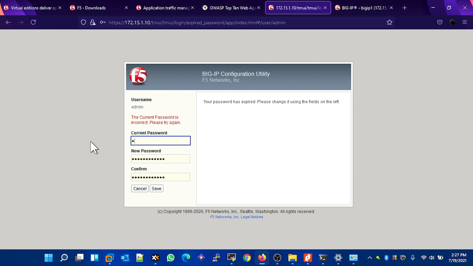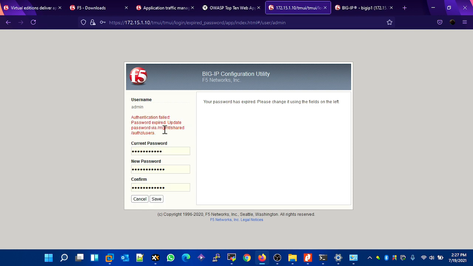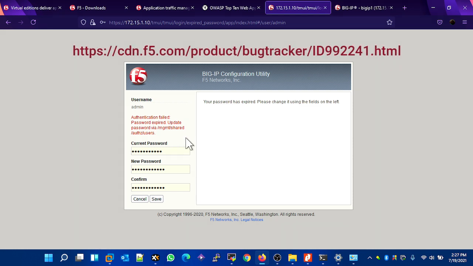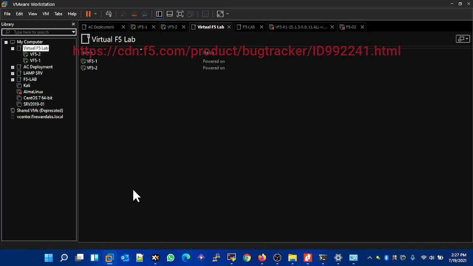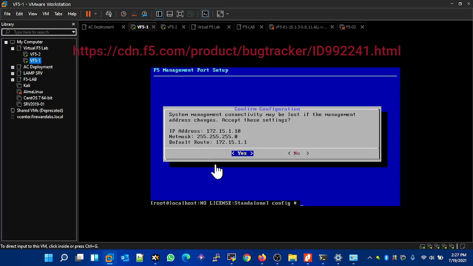Okay, see, it's going to authentication failed, password expired, update password management. So it's not going to change the password. Whatever you do, it will not change the password. So there's an easy way out from here: you go back to your VM, and all you have to do is